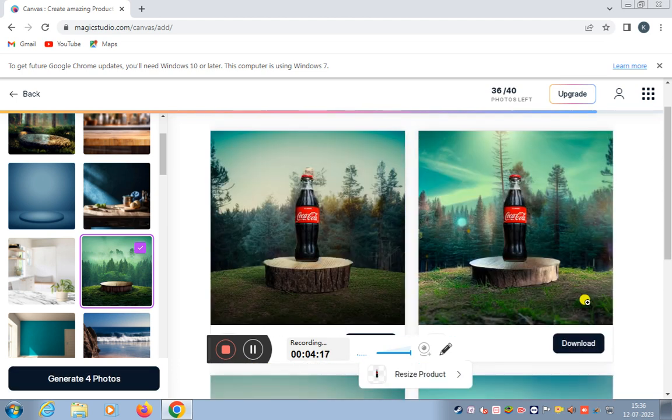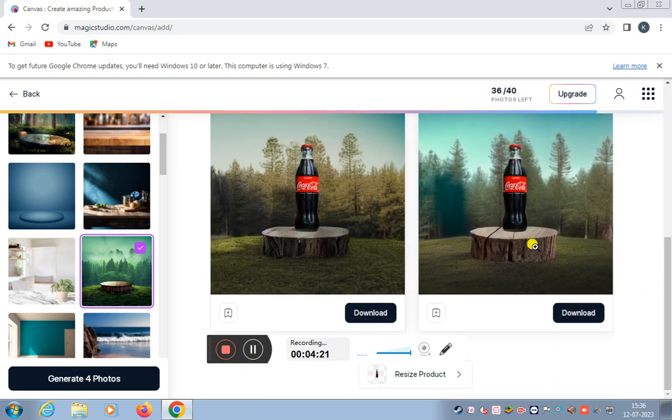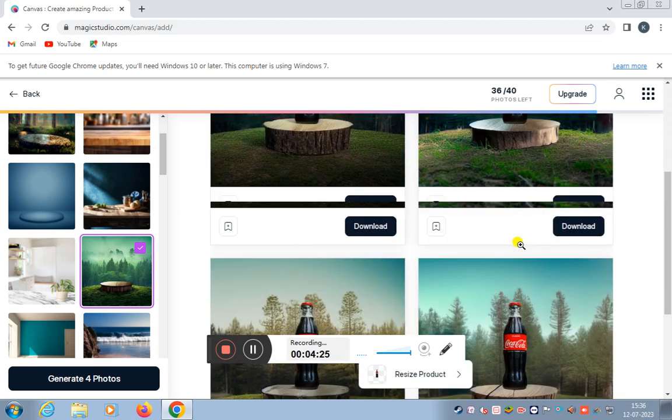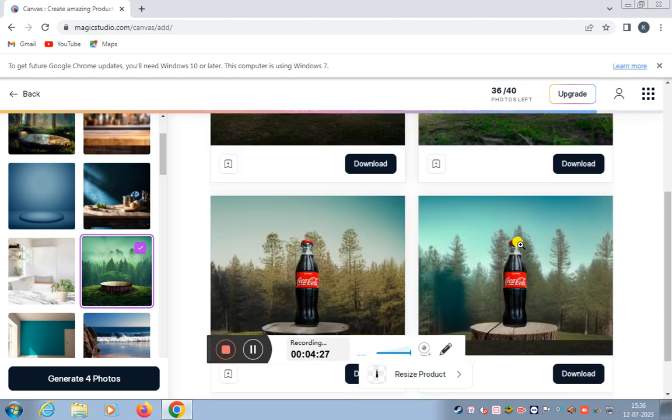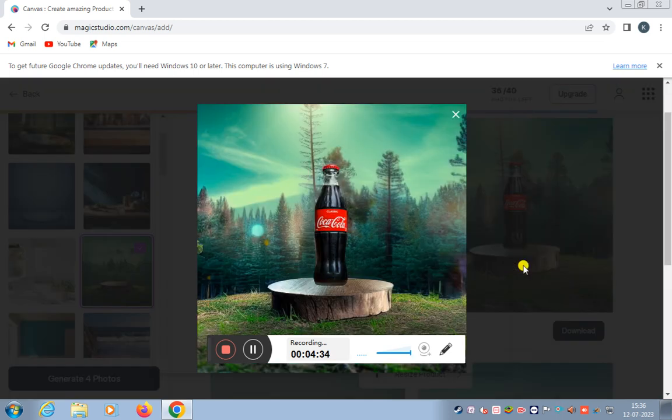Right? Here you have generated 4 photos, 1, 2, 3 and 4. Now you can download the photos, right? Or you can resize the product also, right? Now if we download this one, suppose we are downloading any of the photos, this one we are downloading, right? You can increase the size also,